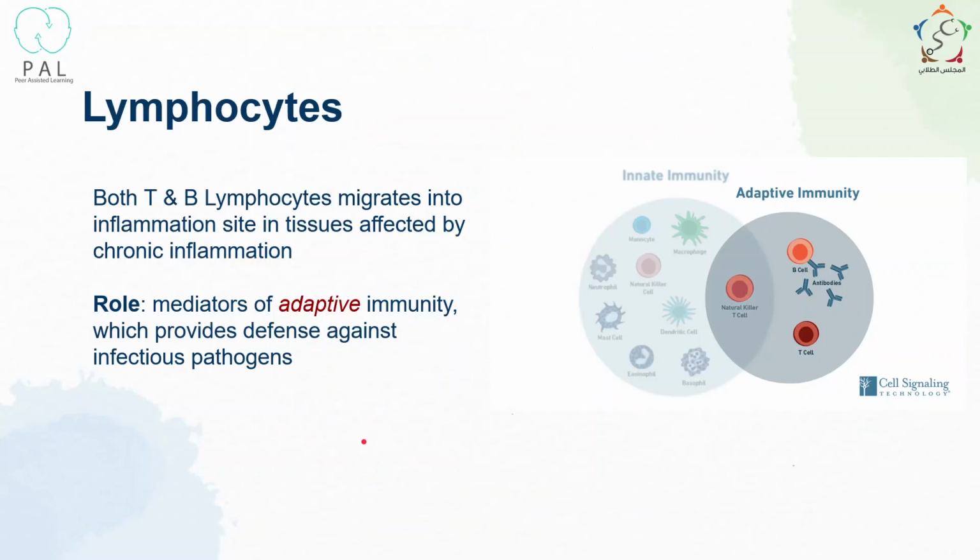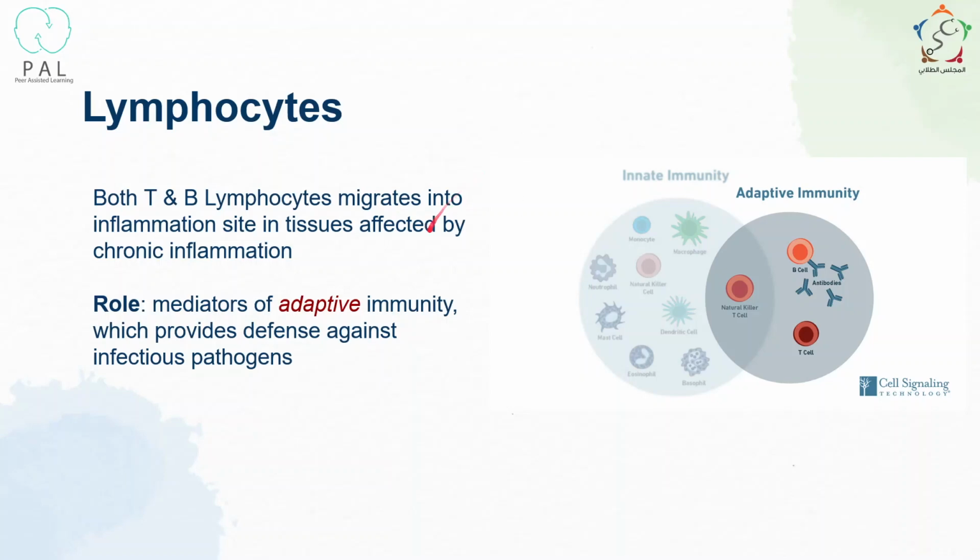Now, lymphocytes. Inflammation generally is considered an innate response, so innate immunity. However, chronic inflammation has elements of adaptive immunity that is mediated by lymphocytes. This will be discussed thoroughly in your immunology lecture, so I'm not going to go into this in detail. However, the T cells and B cells mediate the adaptive immunity of the chronic inflammation. So T cells and B cells migrate using some adhesion molecules that recruit lymphocytes, the same pathway. It's just similar